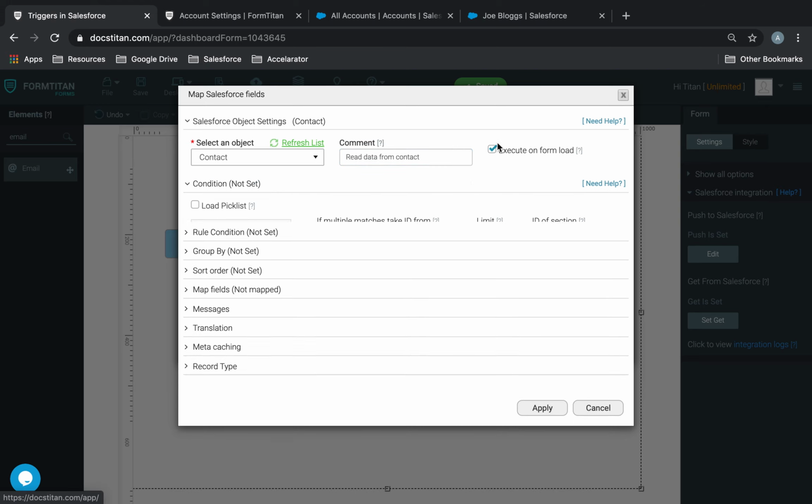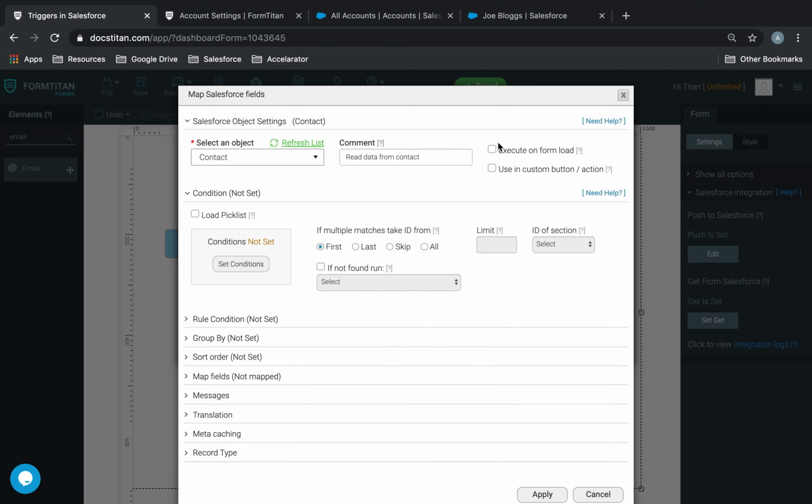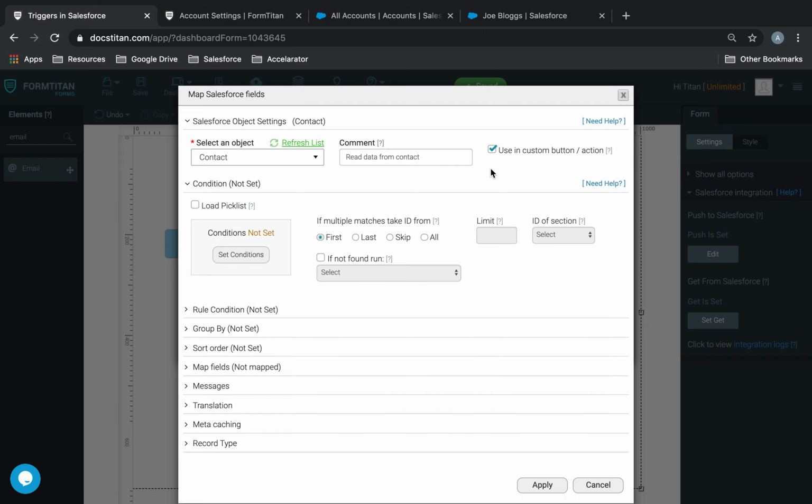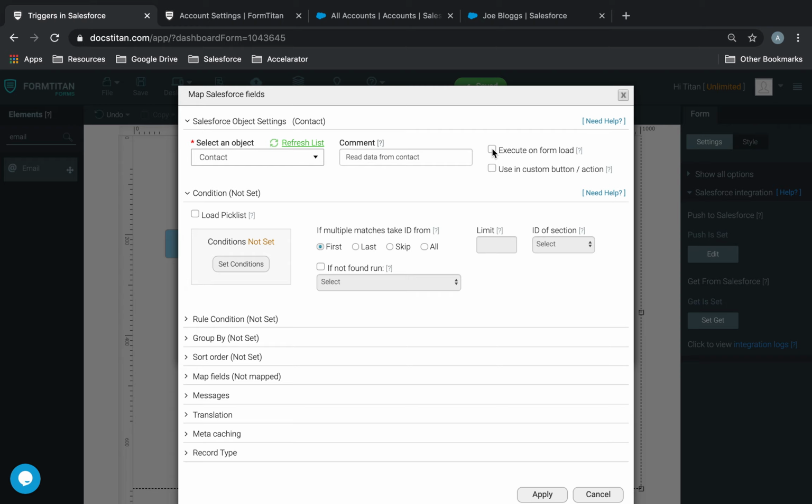Anytime these two options are not checked, it's an auto trigger. Okay? If any of these are checked, if this is checked, it becomes onload. If this is checked, it becomes a custom action. If any of these are not checked, then it's always an auto trigger,